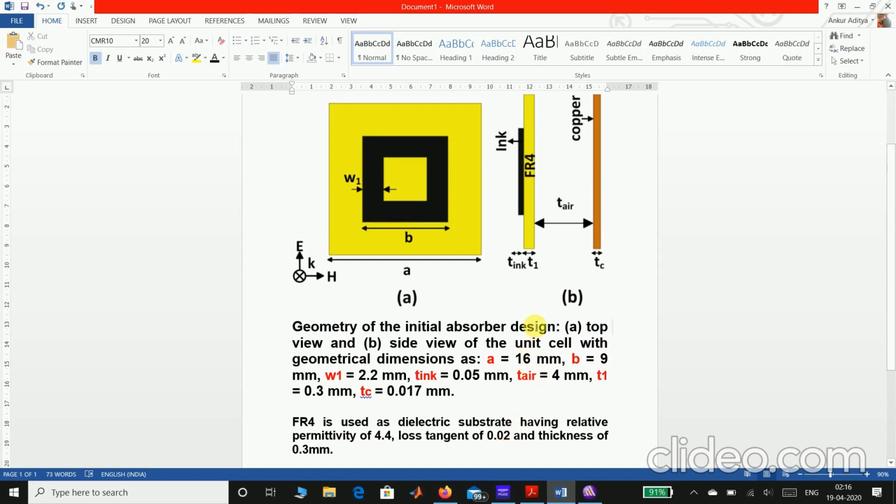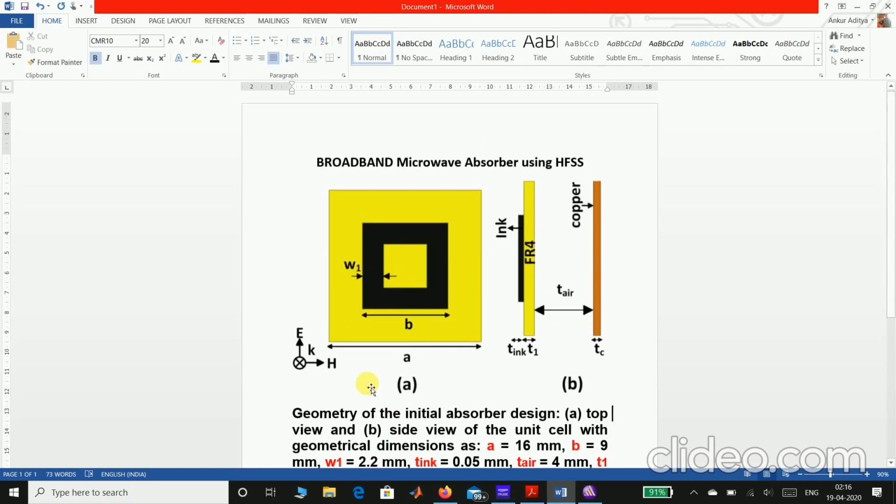How you actually take the value of T1, TC or T-ink, like any value you're taking, like 9 mm, 2.2 mm, will be based on many simulations. So you simulate with many values and take the best optimized value as the output. Because our main goal is to get broadband absorption, and we can get broadband absorption by using the ink because it has other properties, which you will read in the theory.